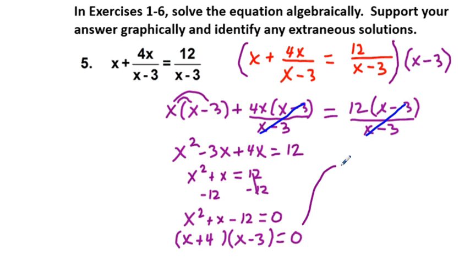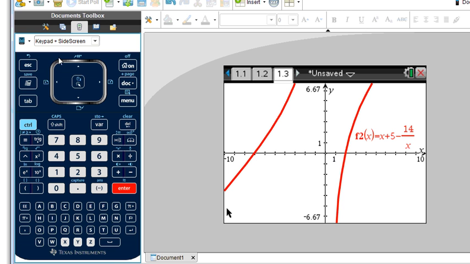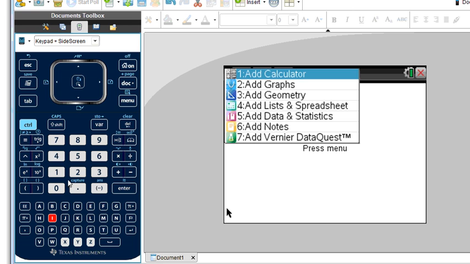And just coming up here, we have x plus 4 is equal to 0, solving. We have x minus 3 is equal to 0. And we have x equals negative 4, that's one of our solutions, and x equals 3. So let's go ahead and graph this, and we're going to do the same process we did before by taking x plus 4x over x minus 3 minus this right side. So we go to our graphing calculator, Control I, add graph,